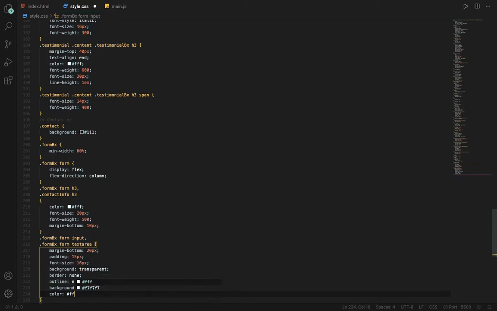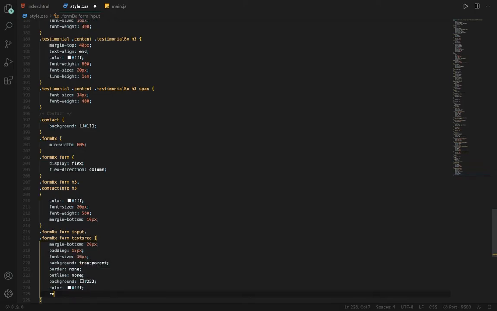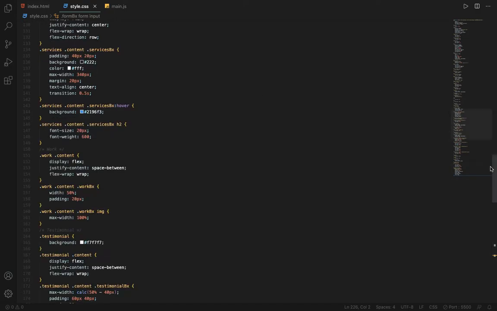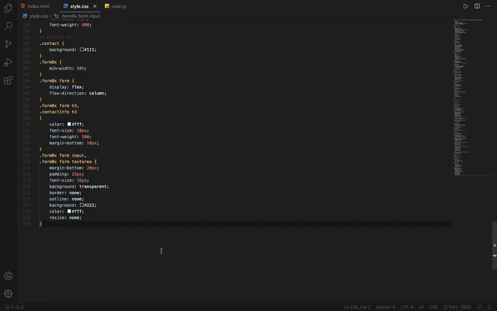so #fff, and I will also change the resize to none because there is that textarea. So that textarea, those lines come with it, which did not look nice. That's why we have done this. So now after doing this, what we will do is style the textarea. So let's copy this only, go to the last, paste this,